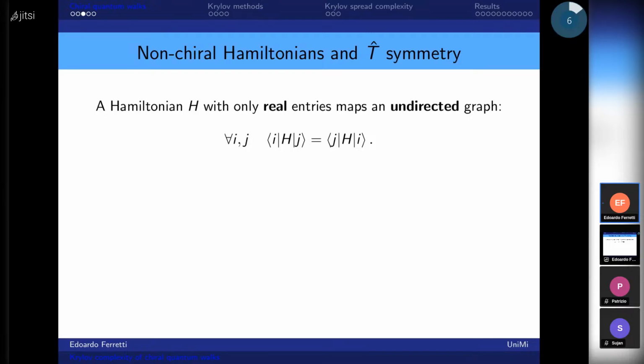The second way of describing quantum walks, from graphs to Hamiltonians, is the one widely studied in the literature, and it is